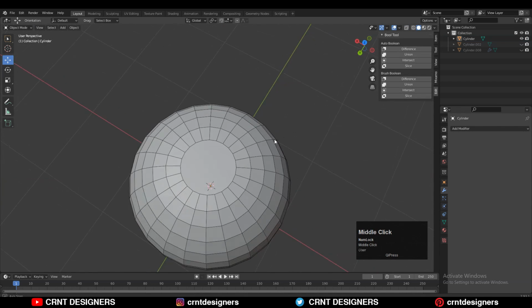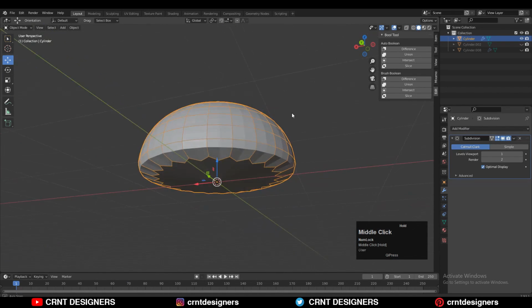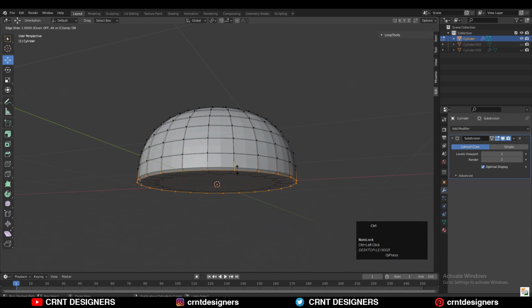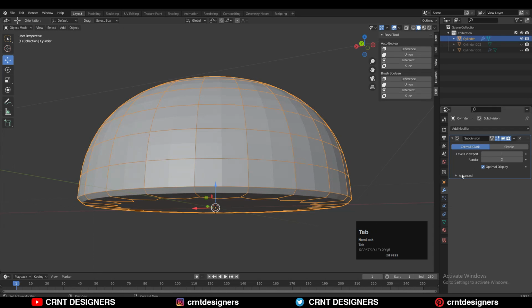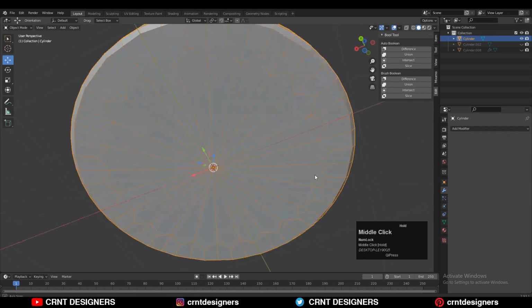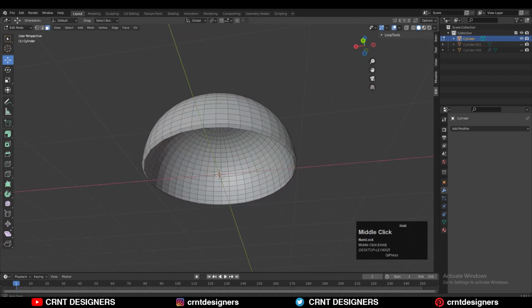And that looks pretty fine to me. Then we need to add the subd modifier, so add that subd modifier and add the necessary loop cuts on the model to maintain its form. And then you can apply that modifier with the one viewport level, so we will get more geo on the model. Just select these faces and then delete them.